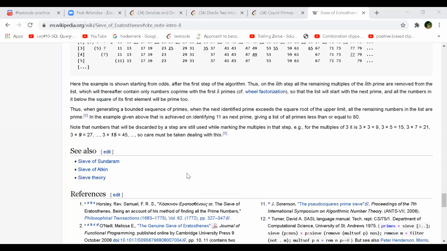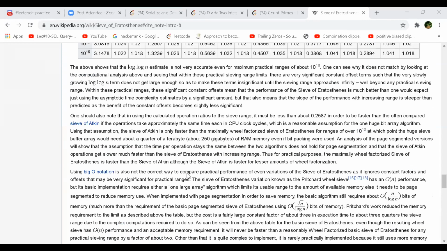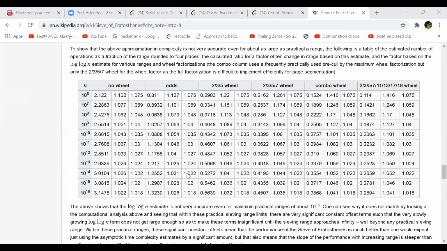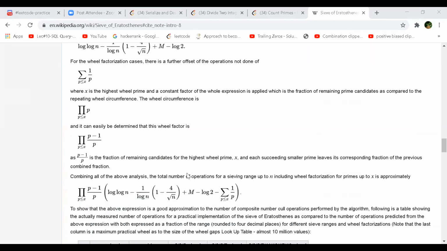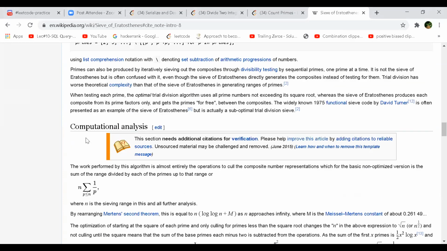Wikipedia. Just for a sec. So this is the product, what they are doing.